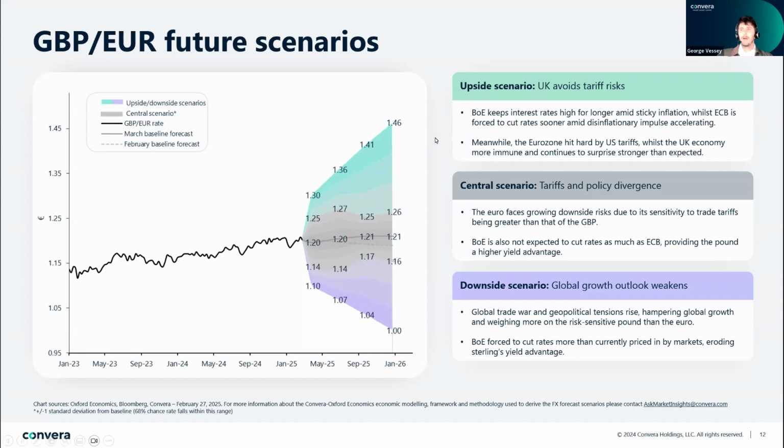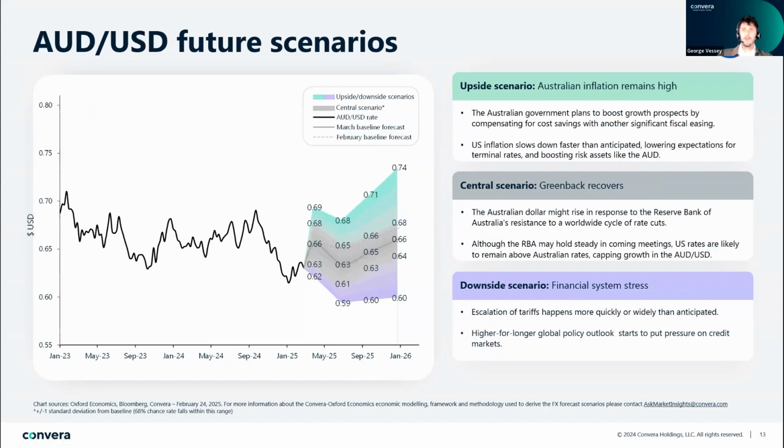Heading over to the APAC region next, the Australian dollar has rebounded along with most G10 currencies as the US dollar lost some ground. But the US-China trade war should prevent much more reappreciation. The Reserve Bank of Australia, as I mentioned at the start, kickstarted its easing cycle, and there may not be much commitment in terms of future cuts, but US rates are likely to remain higher than Australia's, and that limits the Aussie's ability to appreciate more.